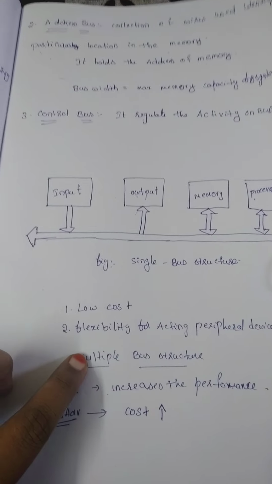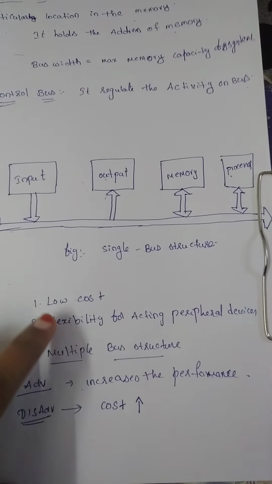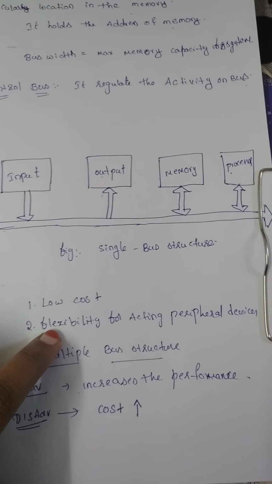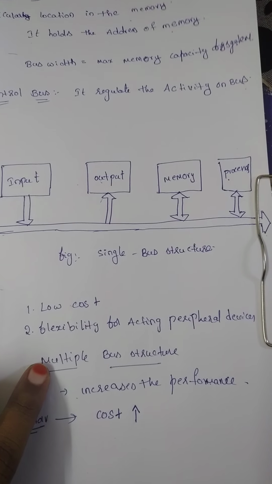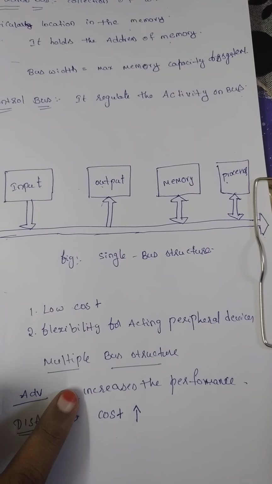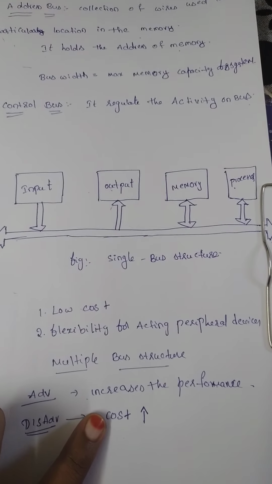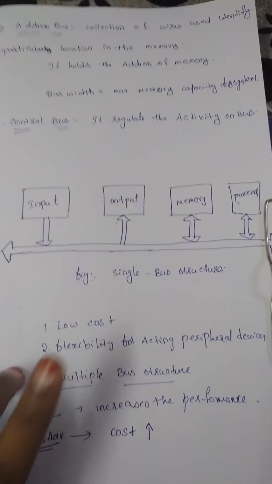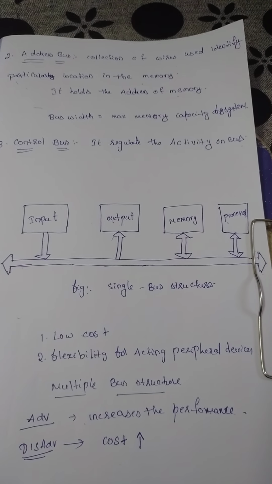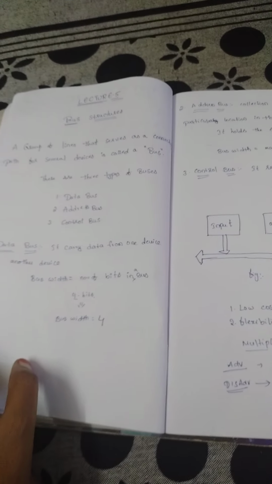Comparing single bus structure and multiple bus structures, with a single bus structure the cost is small compared to multiple buses, and it is also a very flexible operation. But by using multiple buses we perform multiple operations at a time, so the performance increases, and along with performance, cost also increases. Next, to increase the performance in multiple bus structures, we use buffer registers in order to increase the speed of the system. So this is the bus structure.